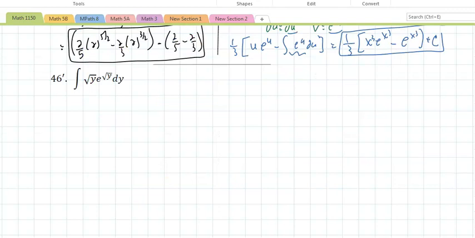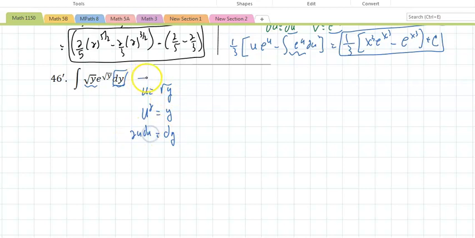And the last problem I'd like to look at is number 46 prime. Again, very close to it. Well, here, if I proceed and let u equal the radical y. Now, I am aware if I take a derivative of this, I'll get 1 over twice square root of y, but I don't have that. So I think of du before I go. I could square both sides to really get a dy. I could say u squared equals y, and now if I take a derivative, I could say dy is simply